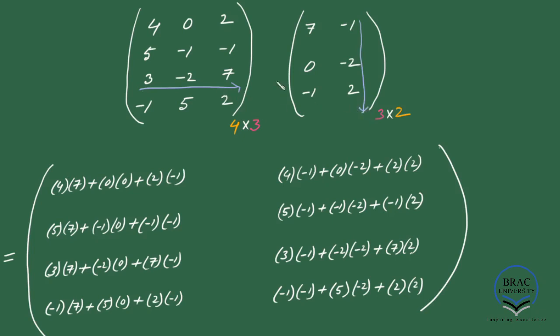So this selected row will hit the second column, and that will produce this number. And finally we will select the last row, which will hit this first column, and the dot product of these two will produce this number right over here. And then we will change the column, because this selected row will hit the second column now, and that will produce